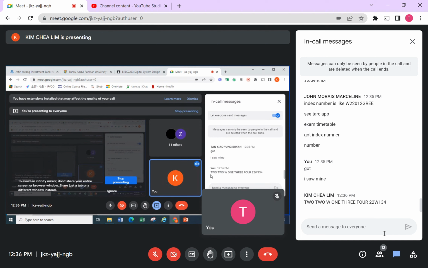When you write it, you write it in words, because some students' handwriting is so bad that you cannot recognize whether this is 4 or 2, or whether this is 3, not 2. Understand? So fill in the number in words, do it this way, not 22W134. Anyway, the program leader will tell you all this, how to fill in your attendance slip,